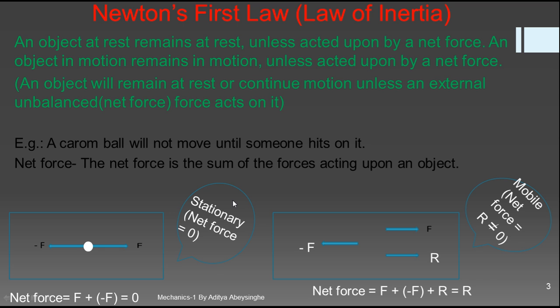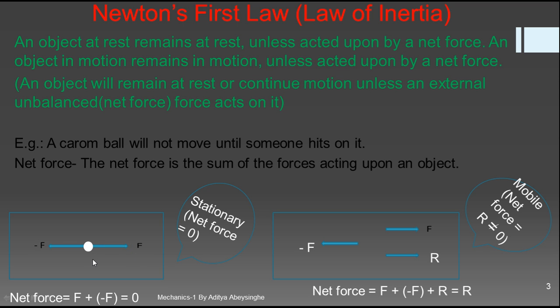Now this is completely opposite when you increase this force. You can increase this force by adding an angular, vertical, or horizontal force. In this concept I'll only use horizontal forces. Say this is 20 newtons initially. I'll increase this force, either by increasing the same force or by providing another force, to say 25 newtons. So this F is 20 newtons, this minus F is minus 20 newtons, and this R is 5 newtons.